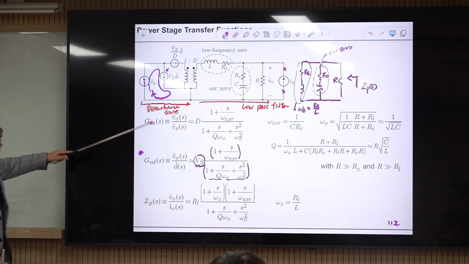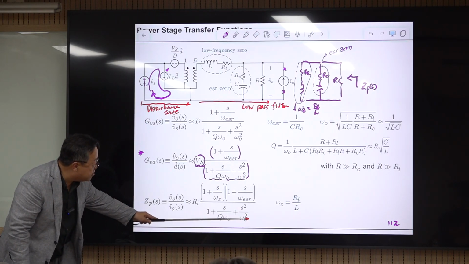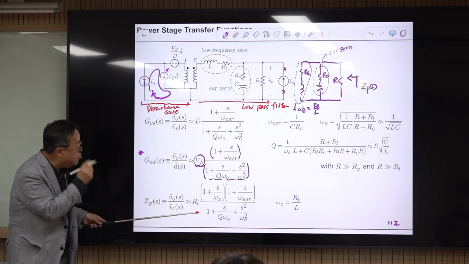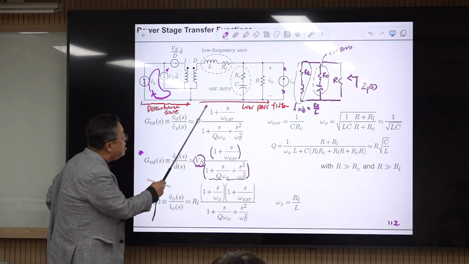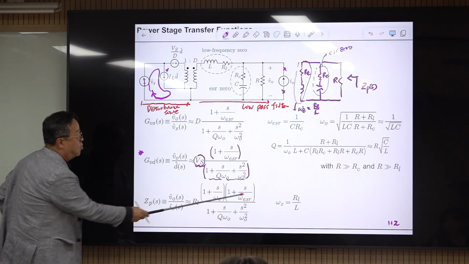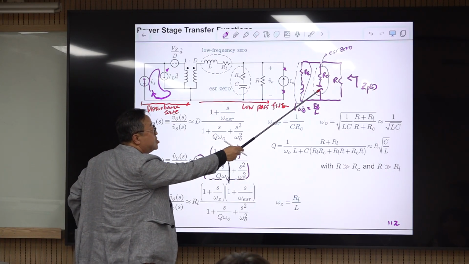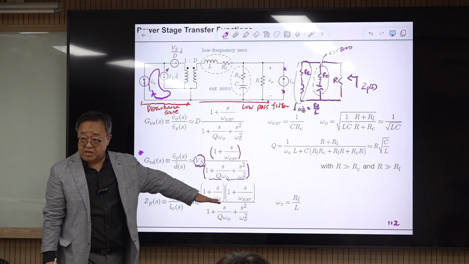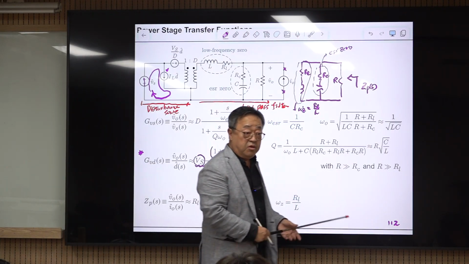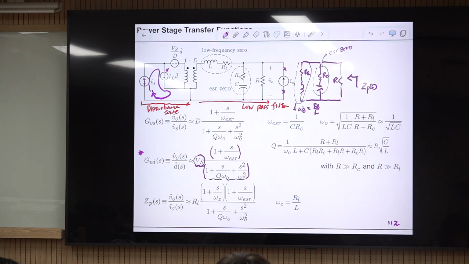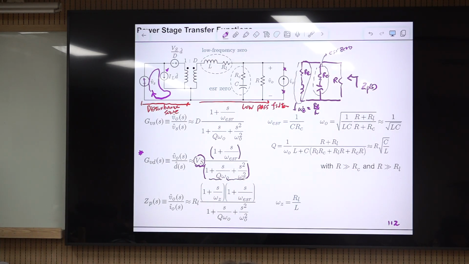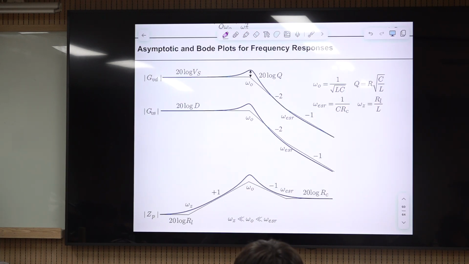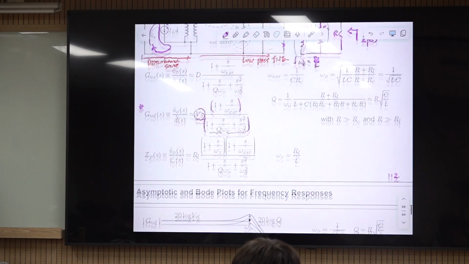So this is the second order transfer function, same denominator. This is a low frequency value, but it has 2 zeros. This ESR 0 is common in 3 transfer functions, but this additional 0 is coming here because of this. Okay, 1 zero, 2 zeros, and 0 frequencies like this. If you understand the poles and zeros, you can write down this immediately. Otherwise you do some circuit manipulation, then you will have the same result. So you derived the transfer functions of